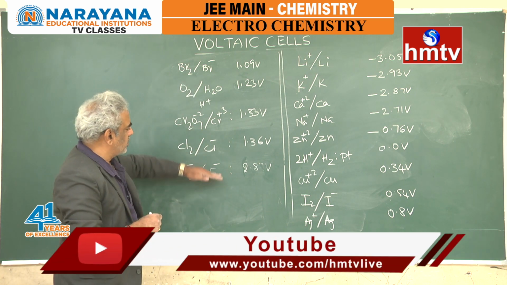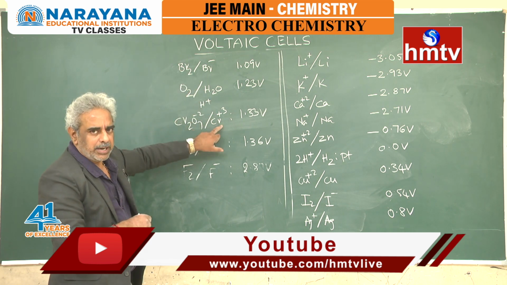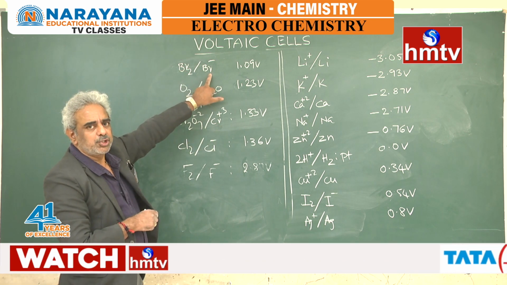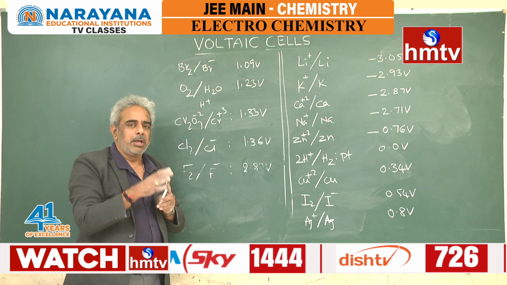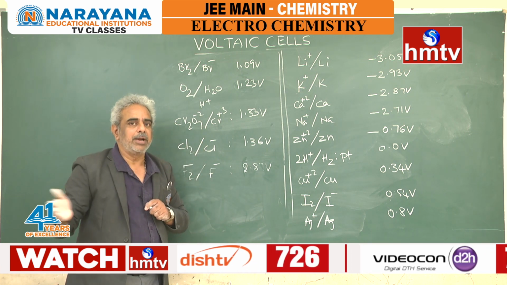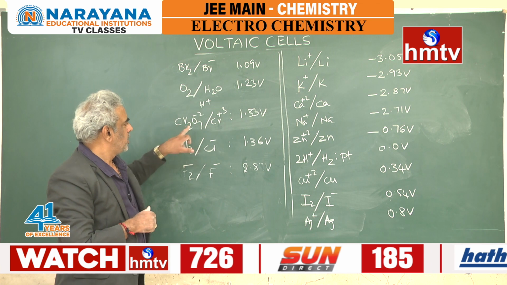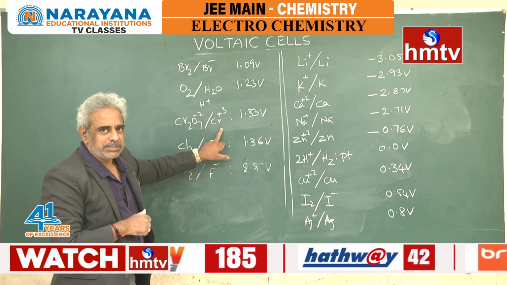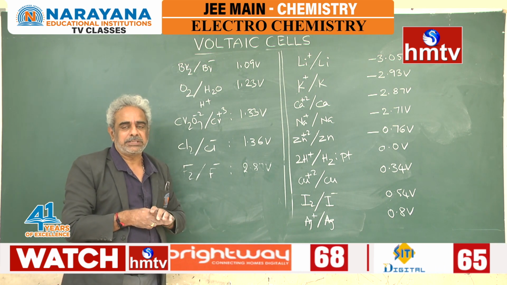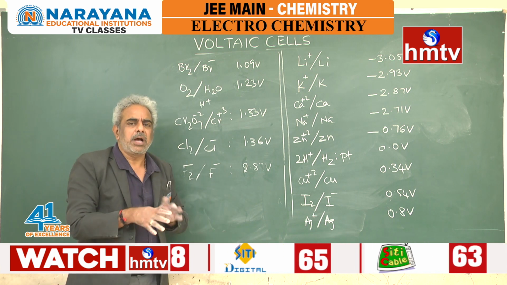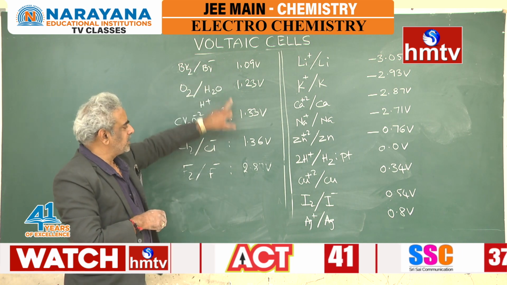So here also you have got some other electrodes. Mostly I put some non-metals and ion-ion electrodes here. Here bromine is getting reduced to bromide with a potential of 1.09. I got that 1.09 when the bromine electrode is connected to the standard hydrogen electrode. And here the oxygen electrode too, becoming water. This is also reduction. Dichromate is getting reduced to chromium plus 3. Permanganate can get reduced to manganese. Chlorate, ClO3 minus, can get reduced to chloride. Everything is a half cell. For everything there will be a potential, a half cell potential. So, all these are kept.